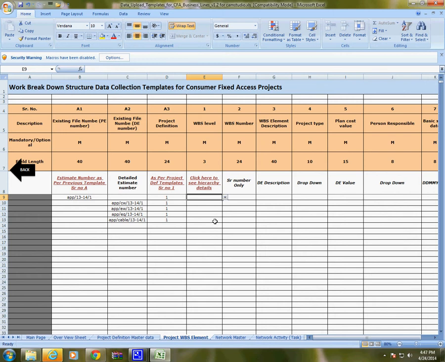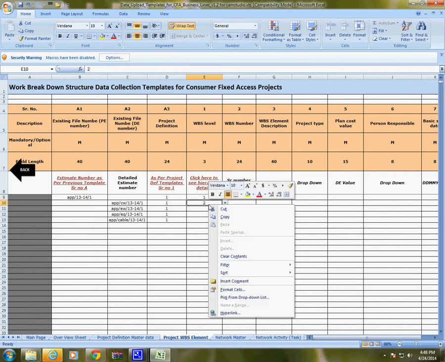Now the level. In the SAP system, there will always be a level 1 WBS, and the other detail estimates will be created at level 2. So all these 4 estimates will have the WBS level 2.